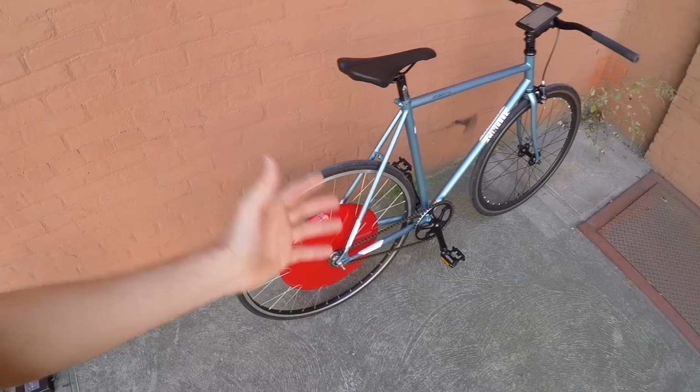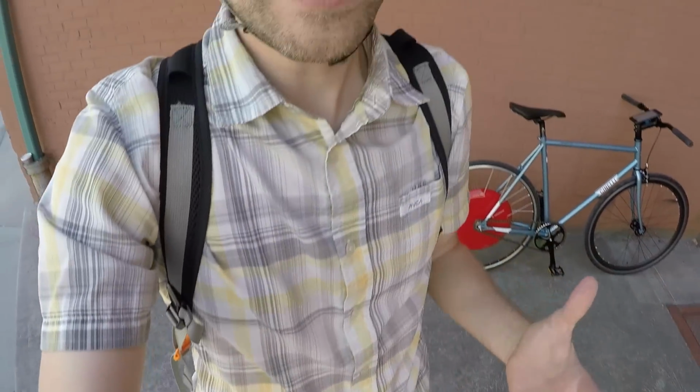It does ride pretty well. It's smooth. It feels fluid when you pedal. It's almost interesting when you first start pedaling. It's so responsive to your foot, like pressure and power, that it's like a wave. You push down, it's like, and until you actually get a cadence that's pretty comfortable and you have some speed, it almost feels like